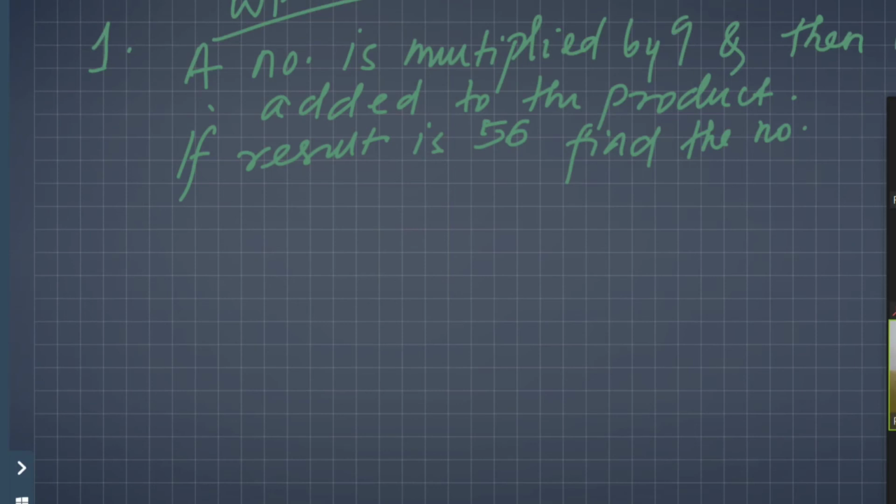Now all the steps that you are seeing here, like the first step I mentioned about the product, are important. You have to write x into 9 is equal to 9x, which is the product. You have to mention this. Step 2, 9x plus 11 is equal to 56. If you are not writing either of the two steps, you are going to lose marks in your exams. No second opinion in that. The rest of the part comes along with step 2. But writing these two steps in your exam or in your answer while solving this is extremely important. Is that clear?